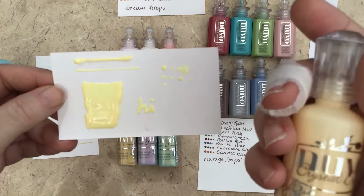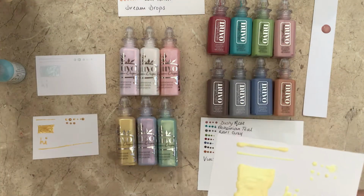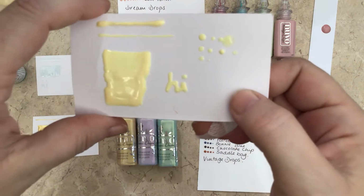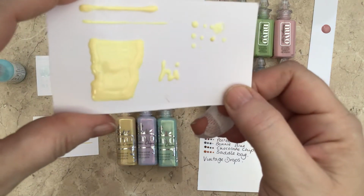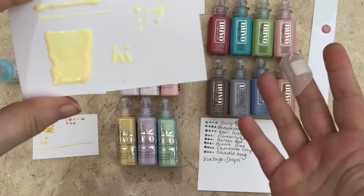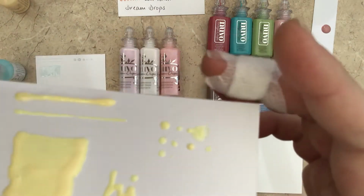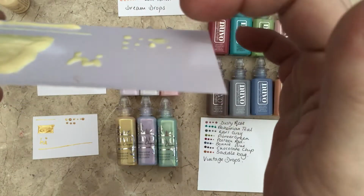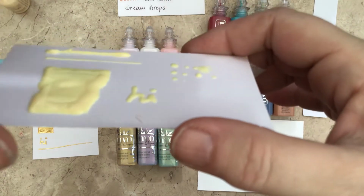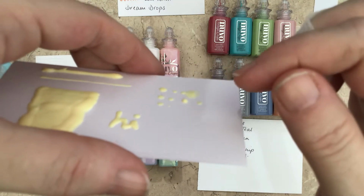So anyway, this is the crystal drops. This is the one that has been around for quite some time now. You can't write with it properly, but then nor would you expect to. It's not something you would think, hey, I'm going to write a card in jewel drops. You do get a good consistency on drops. Unfortunately, like I say, I smudged them. What I will say is when I squeeze them,